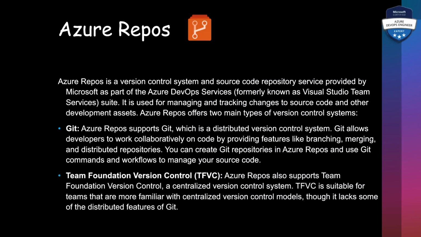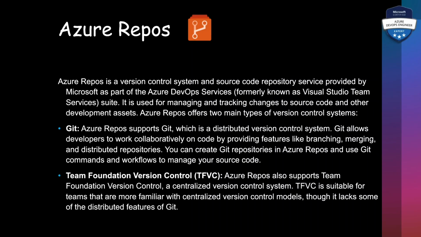Second one is Team Foundation Version Control, also known as TFVC. Azure Repos also supports Team Foundation Version Control. It is a centralized version control system. TFVC is suitable for teams that are more familiar with centralized version control models, though it lacks some of the